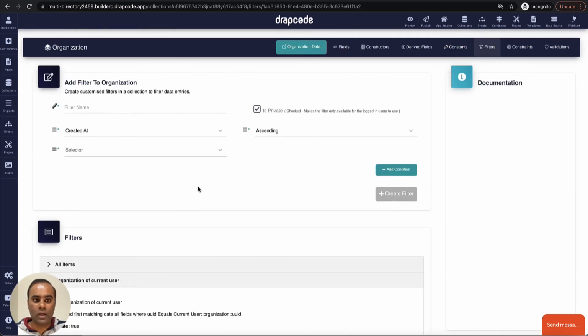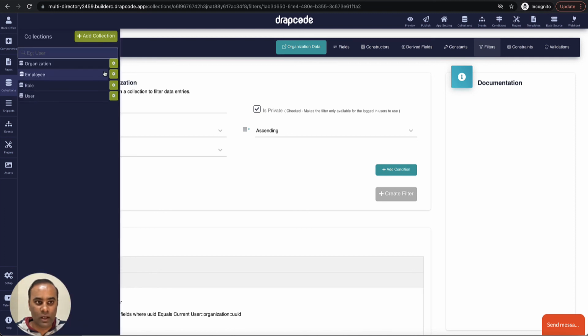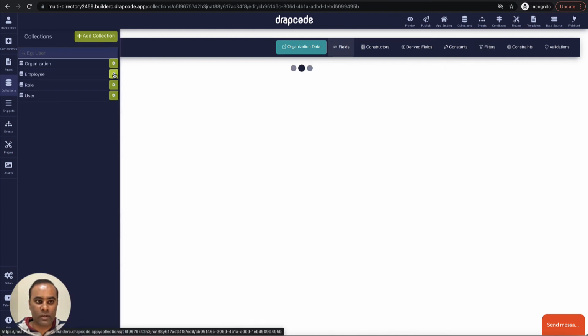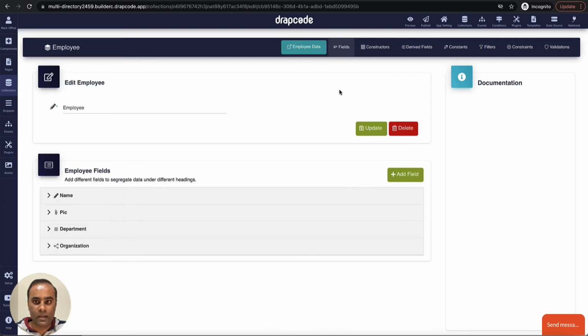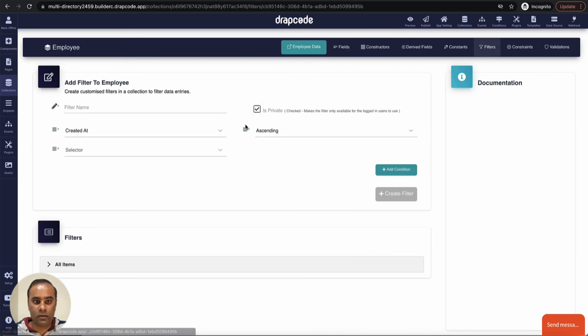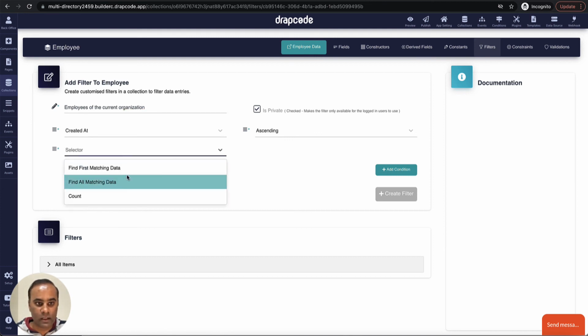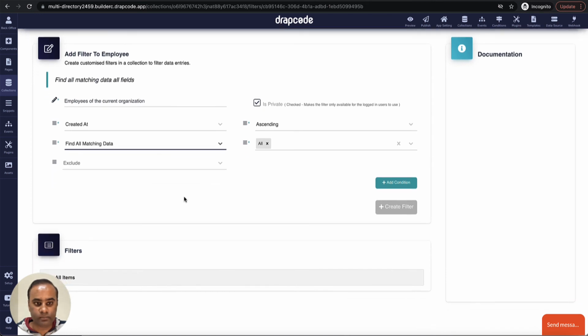Now let's go to the employees and try to find the employees which also belong to this organization. So I'll go to the collection and go to the employees. In the employees, I will create one more filter, which I'll call employees of the current organization. Selector, let's say find all matching data.